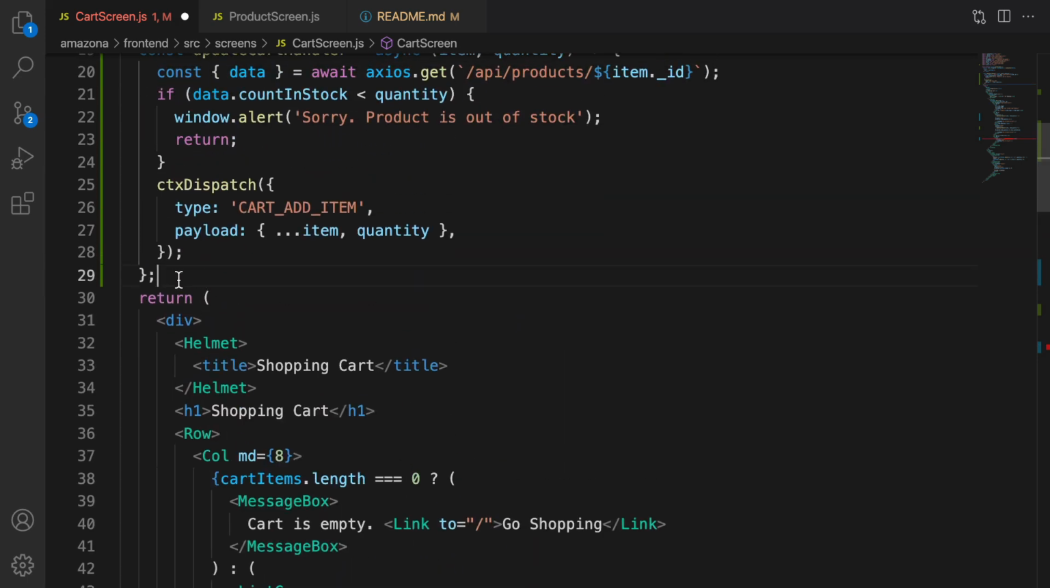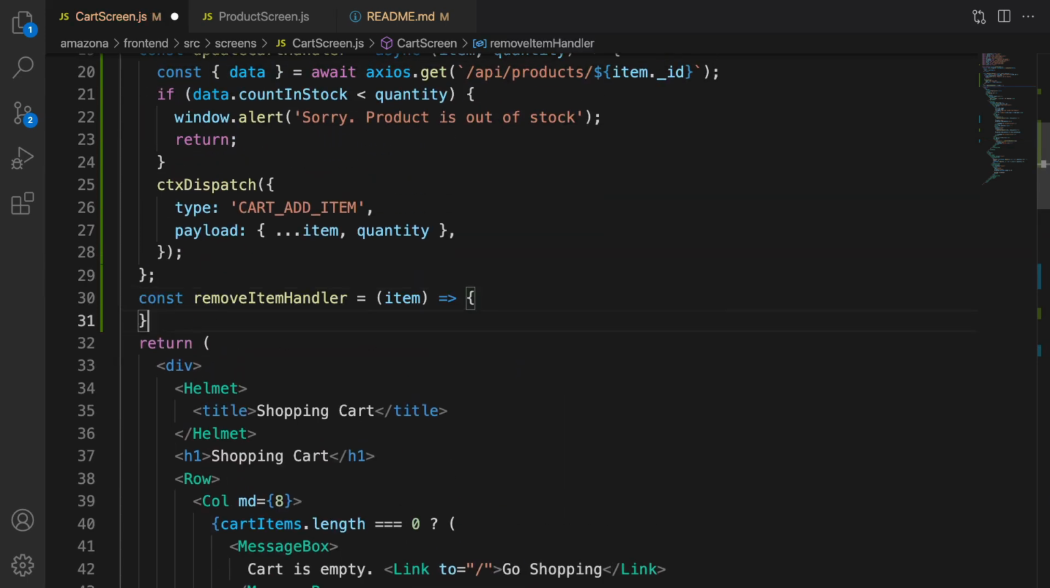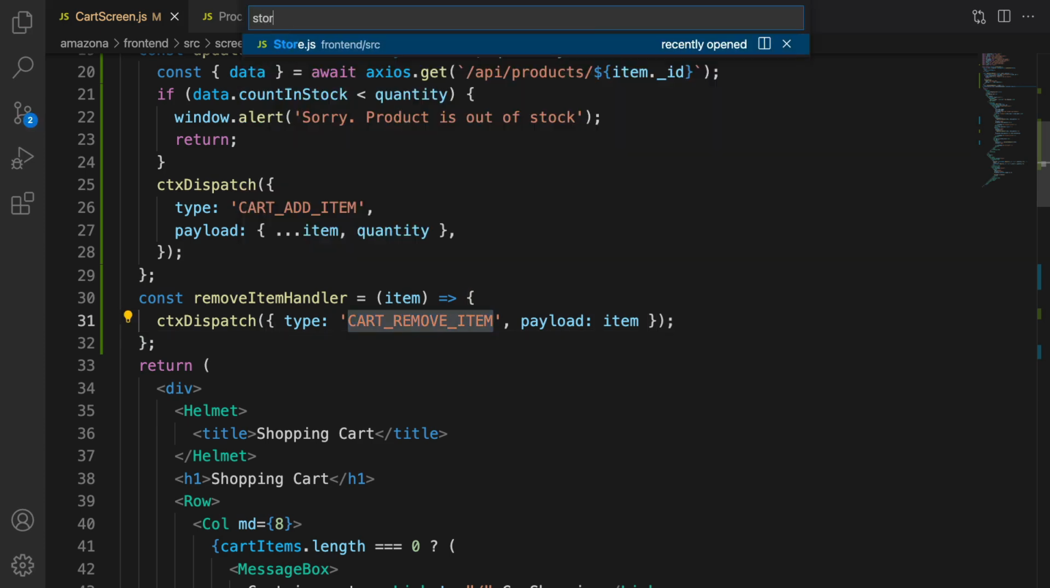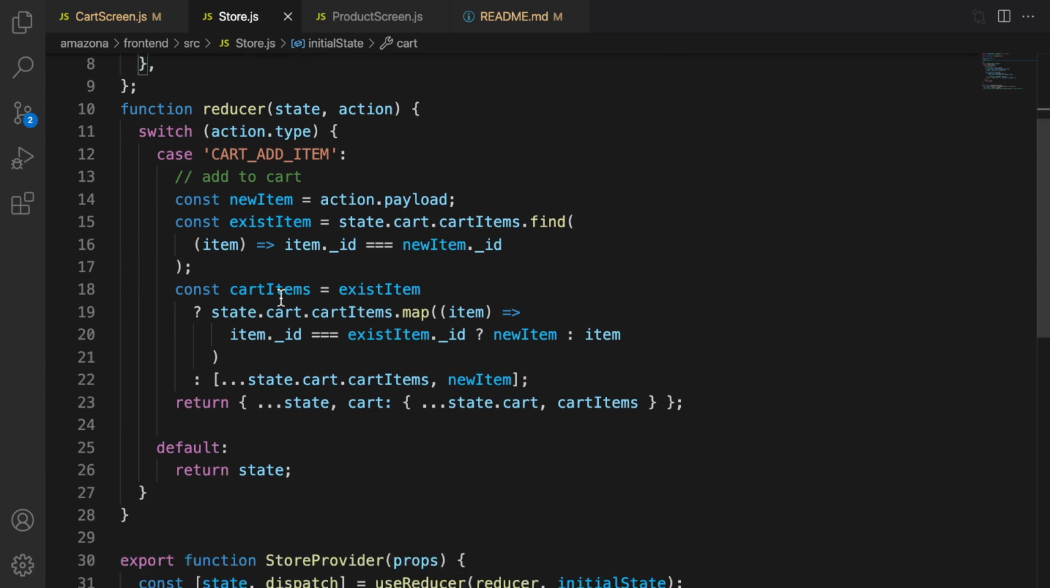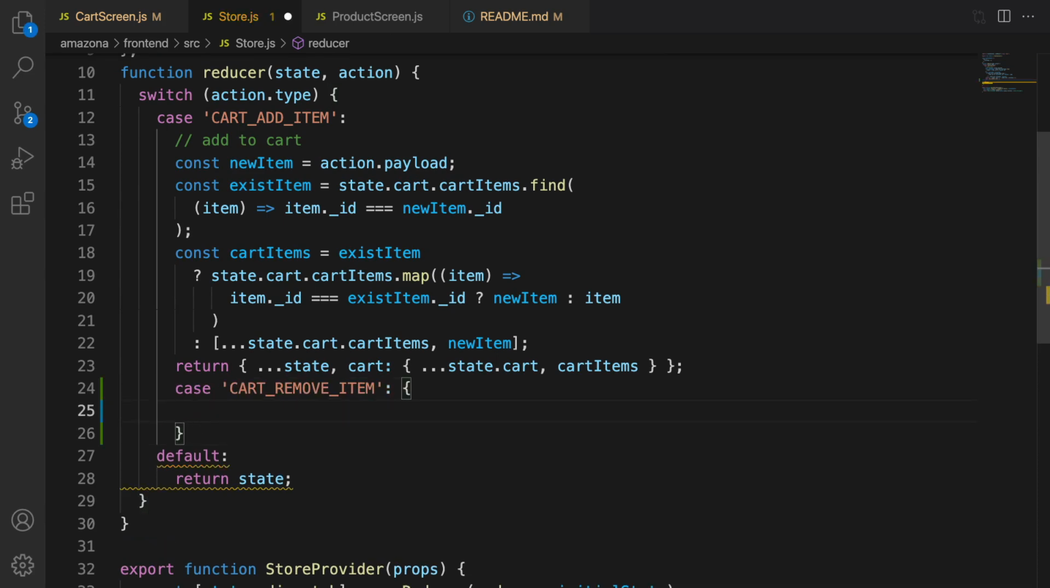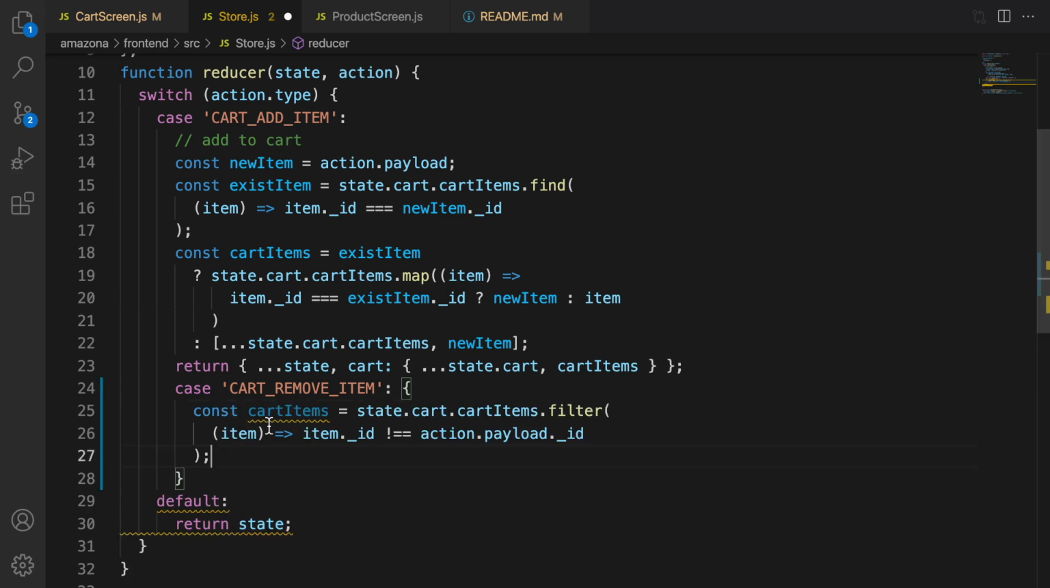Scroll up, right before return, define remove item handler function. It accepts the item, and inside that we dispatch cart remove item and pass item as a payload. By having this, we need to go to store.js and implement a case for cart remove item. Right before default, define the case here, and inside this case, use filter on cart items array, and if the